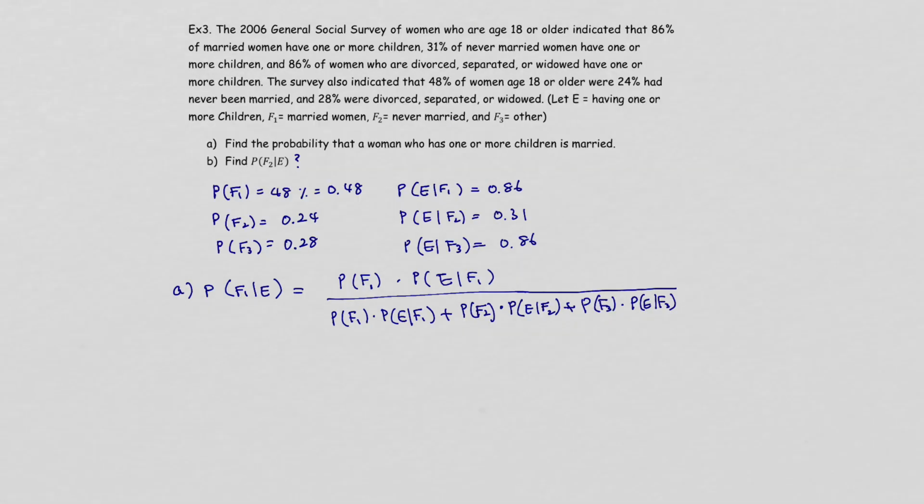Okay, example 3, the last example from this section. It's a 2006 General Social Survey of women who are age 18 or older. It indicates 86% of married women had one or more children. 31% of never married women had one or more children. 86% of women who are divorced, separated, or widowed have one or more children. The survey also indicates 48% of women age 18 or older